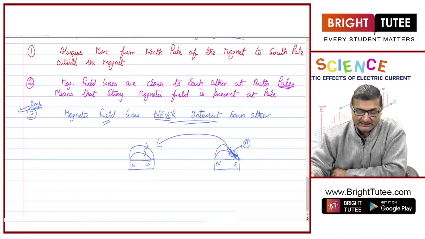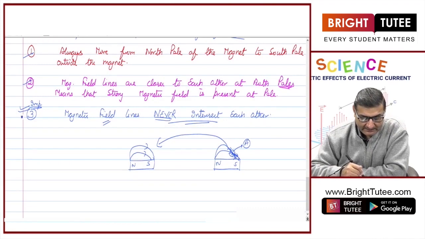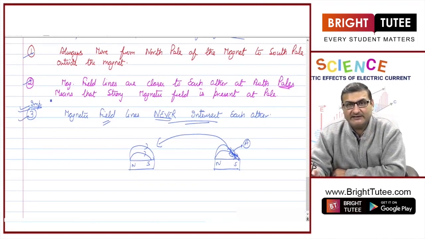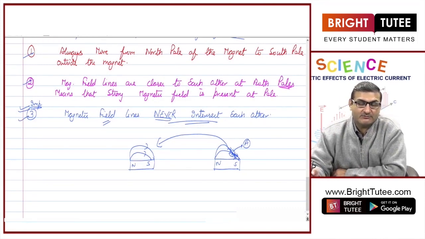Fine. So these are the three important attributes of magnetic field lines. Hope you have understood it. Now we will be just talking about the